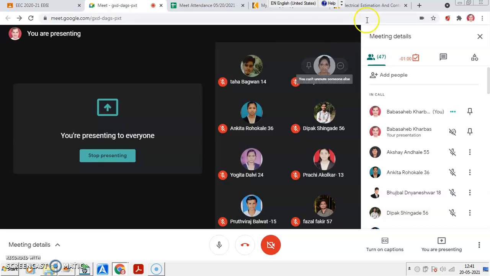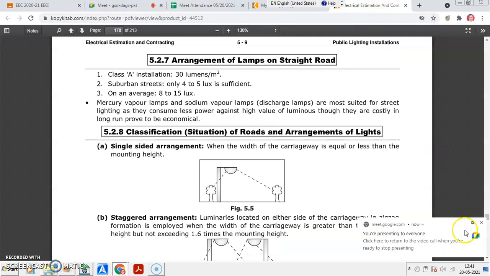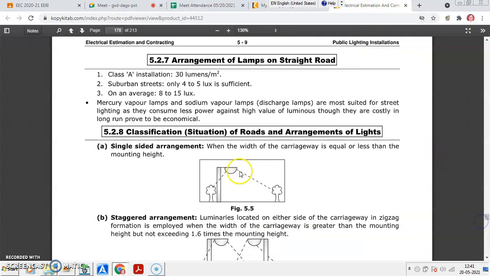So on this one side lamp post is provided. This is the lamp provided. This is the width of the road. So you may have one-sided arrangement when the width of the road or carriageway is equal to or less than